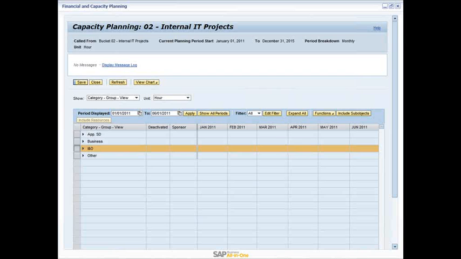But within the bucket, I have the capacity planning capability, and this is really the 50,000-foot view of closed-loop resource management. This is very high level, and I start with something called the capacity category. In this case, because it's IT, you might recognize the breakout: applications, business, infrastructure, and other. If we break into the